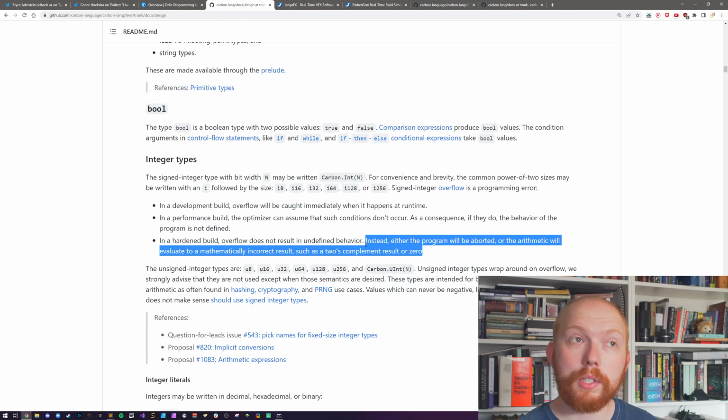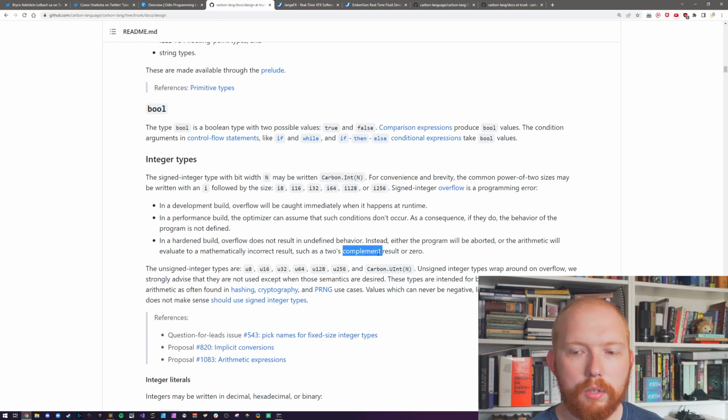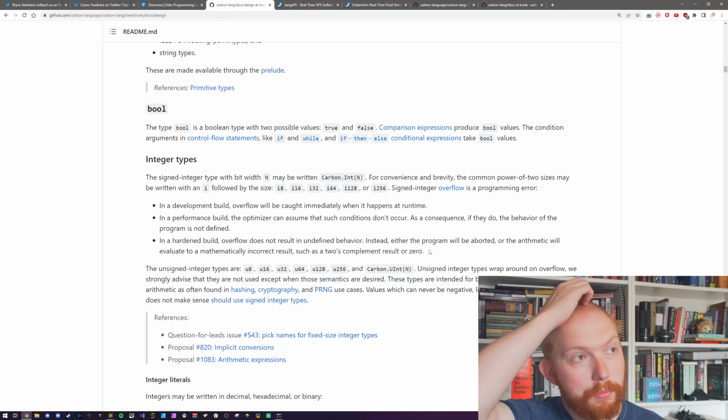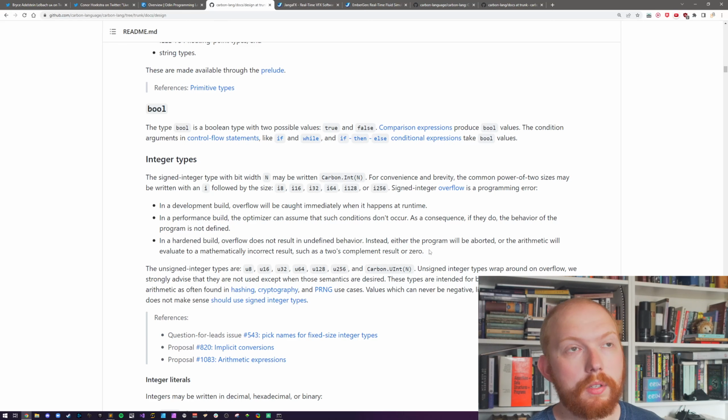Because again, how do you deal with these cases in the syntax without maybe having something that's, let's say, exception-like, but not necessarily implemented? I'm not saying unwinding the stack, but they have some way of indicating that there's been an error on this arithmetic. Or they say it's going to be an incorrect result, either 2's complement or 0. Now, personally, I would have kept either one of these, either 2's complement or 0, as I think they are probably much better results, because then they're defined and people can take that into consideration when they're designing things as well.